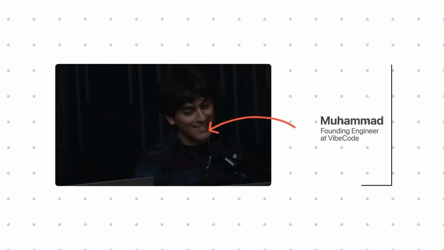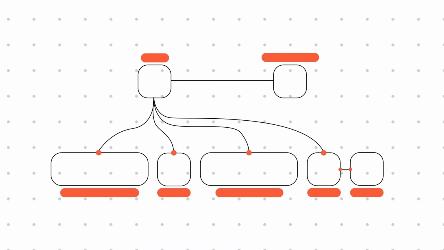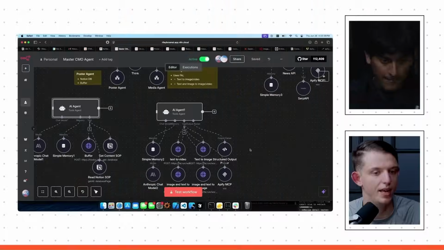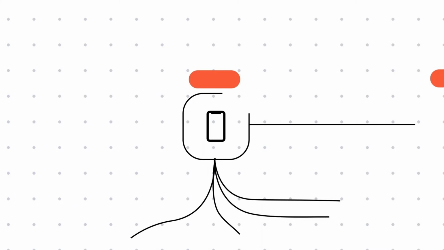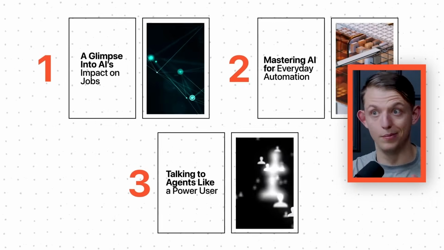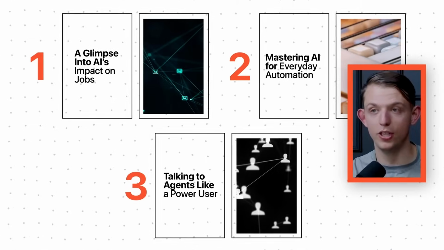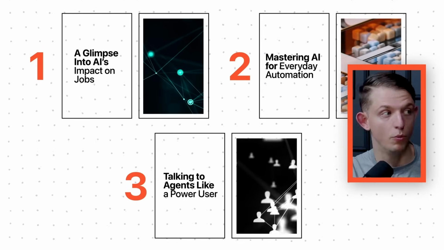Today, we are replacing our marketing team with AI agents that we created on a no-code tool called n8n. And we even built an app that lets us communicate with this chief marketing officer that can delegate tasks to other AI agents. By the end of the video, you will get a glimpse into how AI will replace many jobs in the economy, but you will also understand how to effectively use AI and automate tasks and how you can communicate with those agents to be more productive.